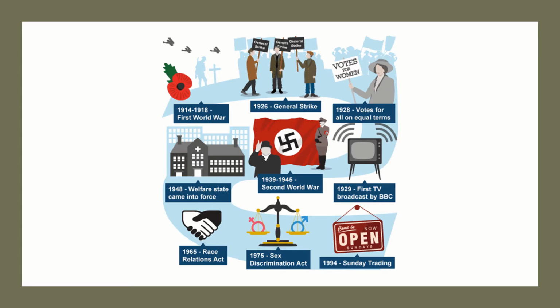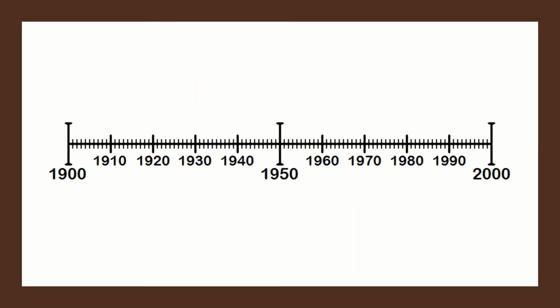Now, what I want you to focus on is major events in the 20th century. So there's some examples there on the screen. And what you're going to do, with the timeline that you'll see on your home learning, on Show My Homework, on the PowerPoint, is pick out certain events, and there's some ideas on the PowerPoint, and you can use your own as well, using the internet and things like that, and pick out major events in the 20th century, put them in chronological order, so starting with the earliest and going up to the most recent on your timeline,